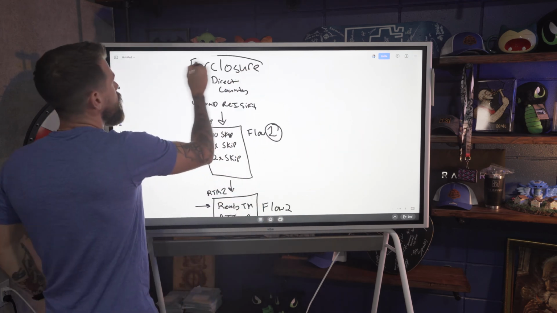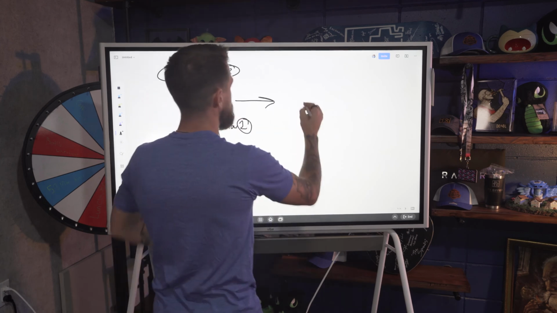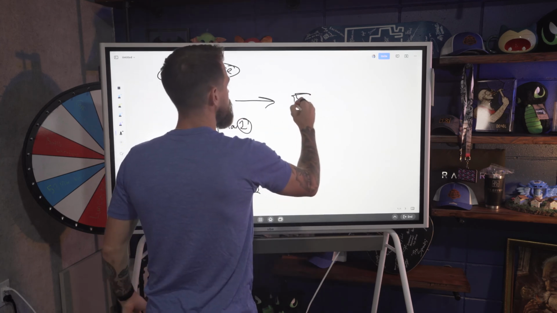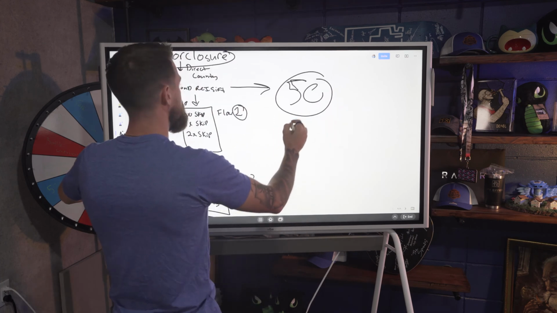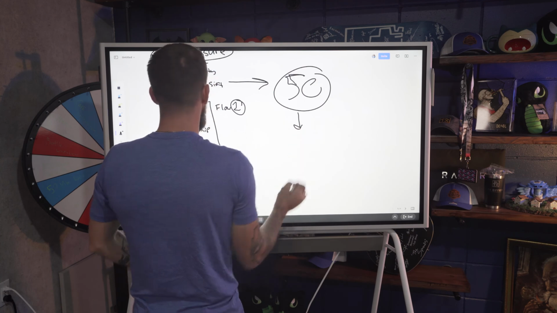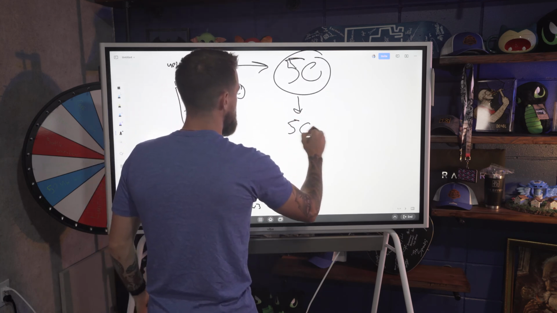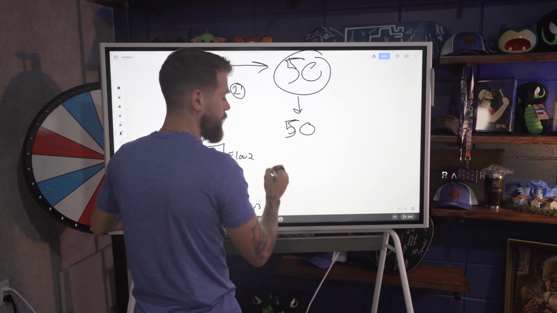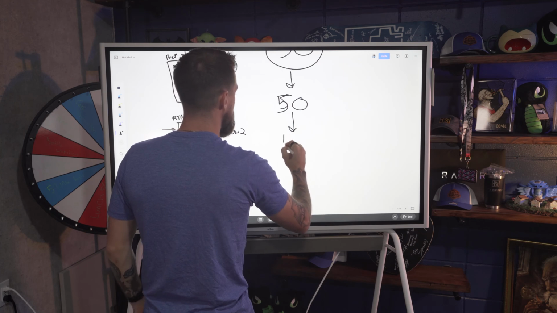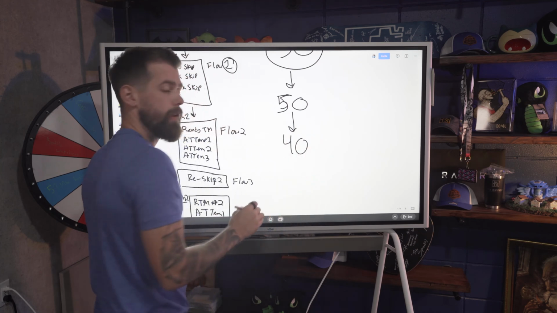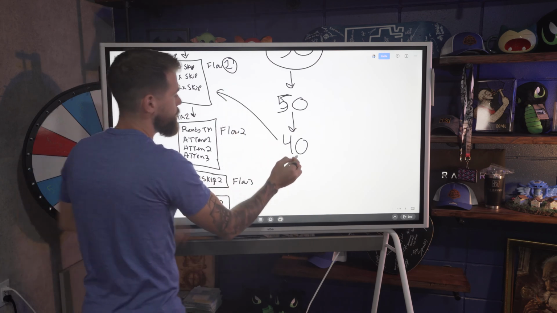So we pulled new foreclosure records. Let's start adding up some numbers here, because that's really where it makes sense. Let's say we got 50 new foreclosures this week. So that's 50 new foreclosure records. We've entered that into our management system, and we've seen that we have 50 records that have never been skip traced. I'm bad at drawing 5s. Now let's say we got 40 records with phone numbers after the 2 different skip tracing providers. So we got 40 phone numbers.